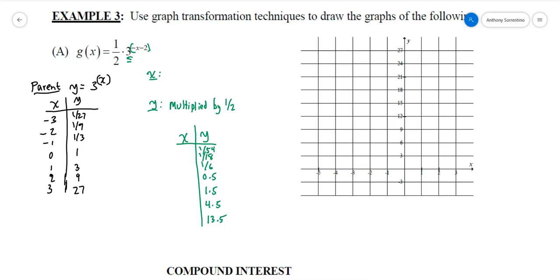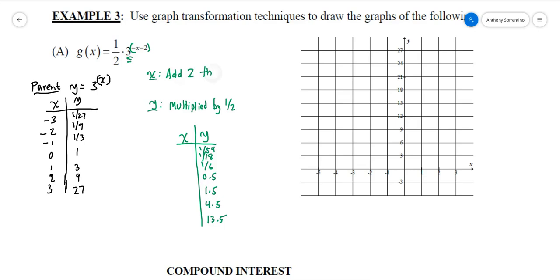Now the x's are a little bit more complicated because I have to remember that I always perform the exact opposite operation. I have to note the difference between the sign of the numbers and the operation. I also have to make sure that if there's more than one transformation going on, I apply the order of operations in reverse. When I see negative x minus 2, I see a multiplication of negative 1 and a subtraction of 2. Based on what we talked about before, I see a subtraction of 2, which means I'm going to add 2,